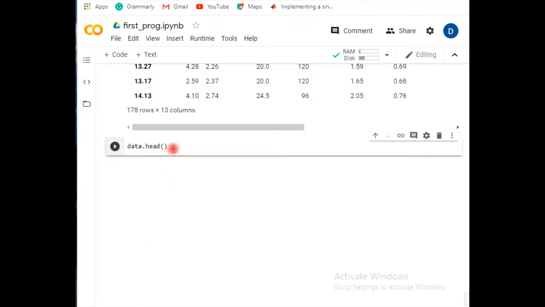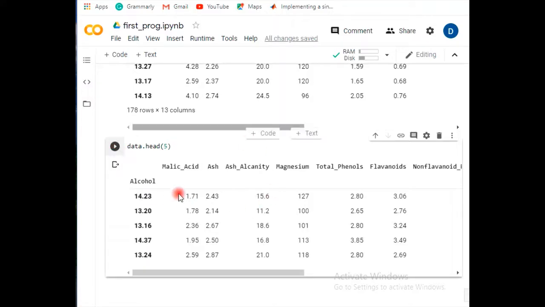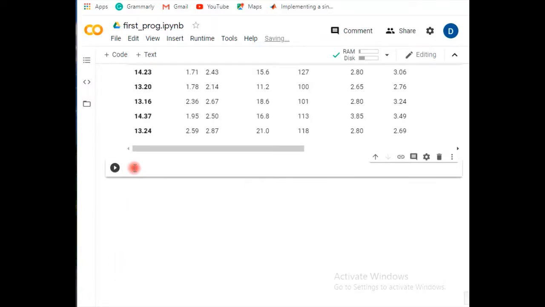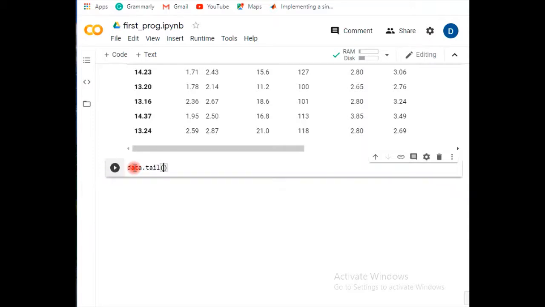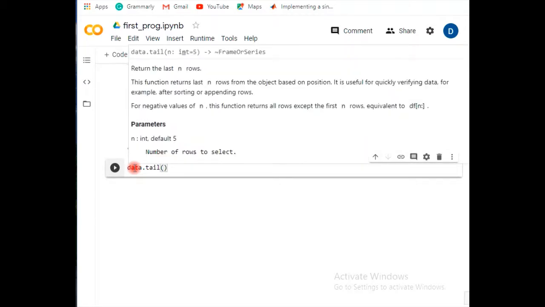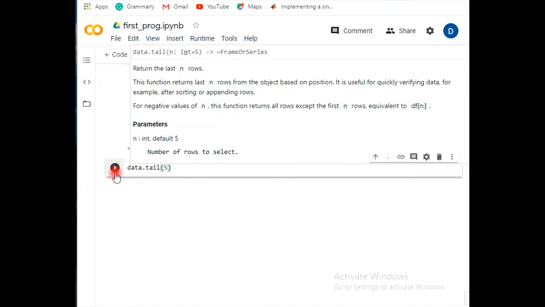Similarly, in this data.head, there are Pandas attributes and scripts to facilitate you among the large data set. You can easily go for specific rows and columns. If you wanted to see only the first 5 rows, you can type like this, and it will show you the initial first 5 rows. Similarly, if you are looking for the last 5 rows, you can go for data.tail, and you can write any number: last 5, last 4, last 2, or only the last one. So I'm checking the last 5.